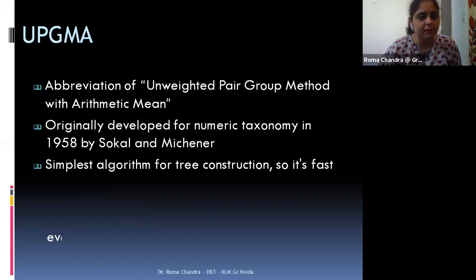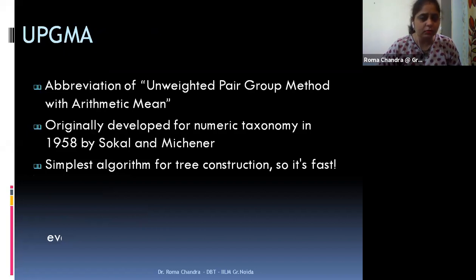So the UPGMA method is the method where we are considering the unweighted pair group method with arithmetic mean. That is the abbreviation. We are considering all the species, and as for the weights or values for those species, we are considering the distance or the similarity measurement for these sequences.